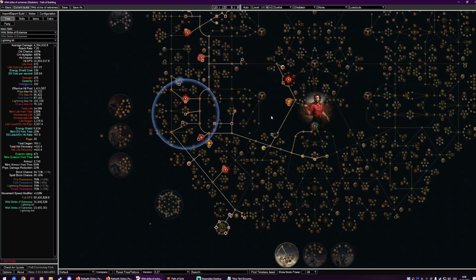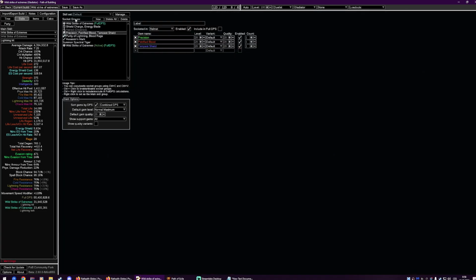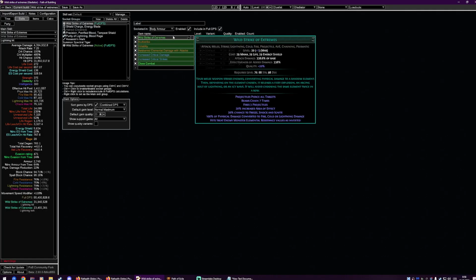So, first thing, let's talk about the skill. We are using Wild Strike of Extremes. It's a melee strike skill that converts physical damage to a random element. Then, depending on the element chosen, it releases blah blah blah. That doesn't matter, because we are playing Energy Blade. This is a life stacking Energy Blade build